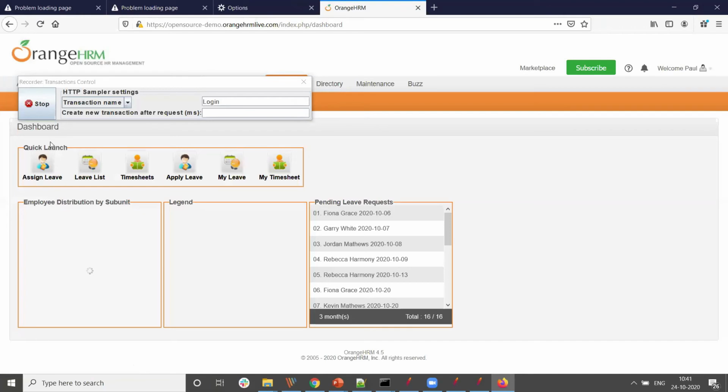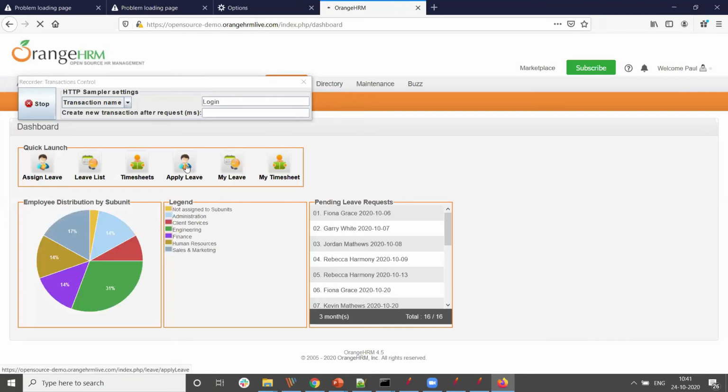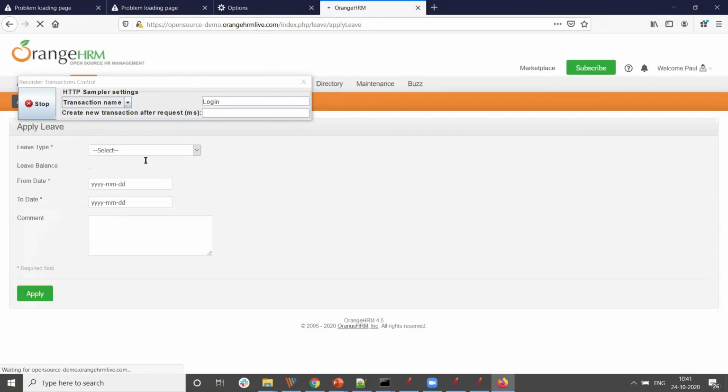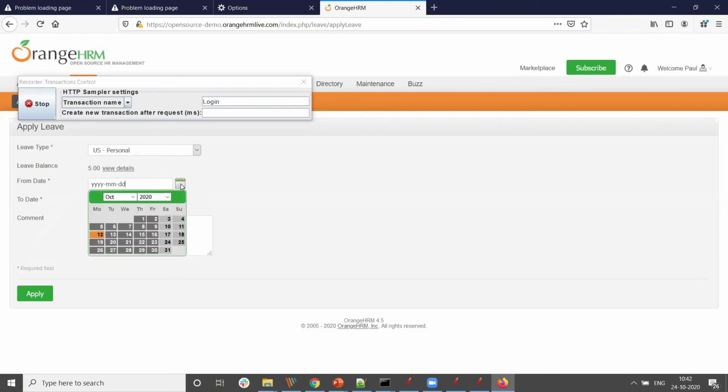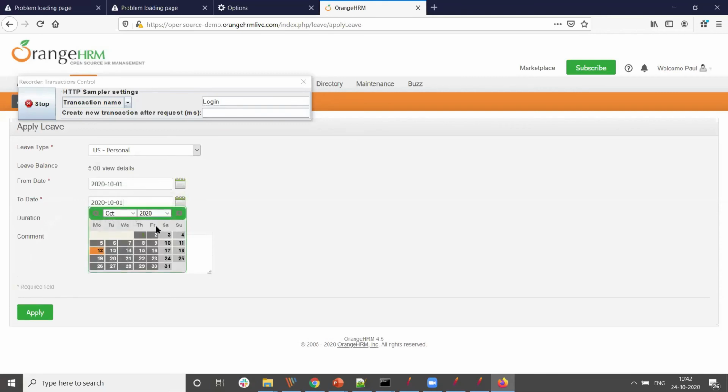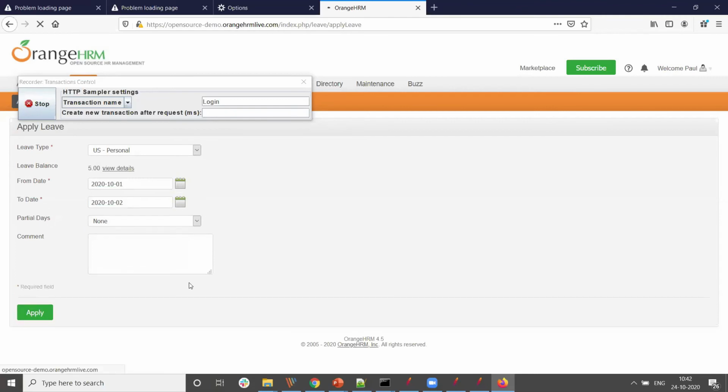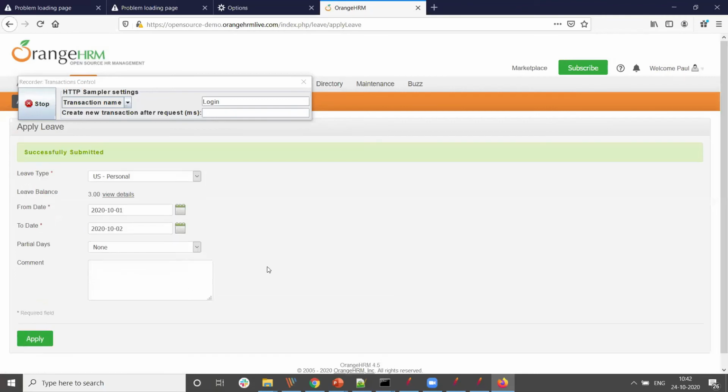Now I want to apply for leave. I'll select a leave type, let's say personal. I do have 5 leaves, so this date and this date, and then I apply. That's the user scenario I have done.